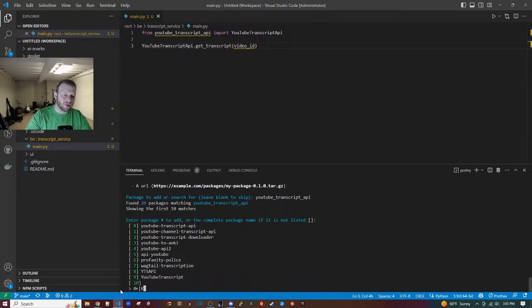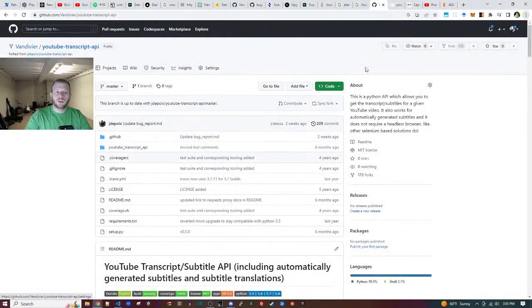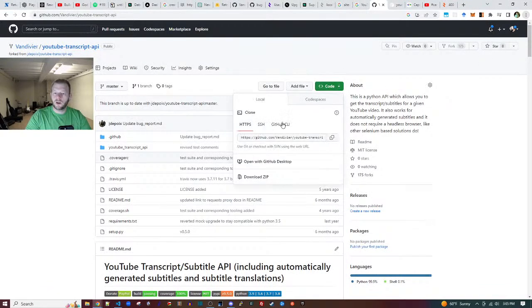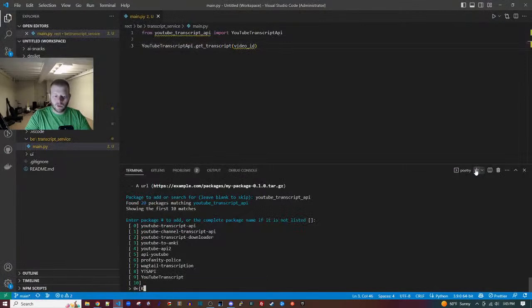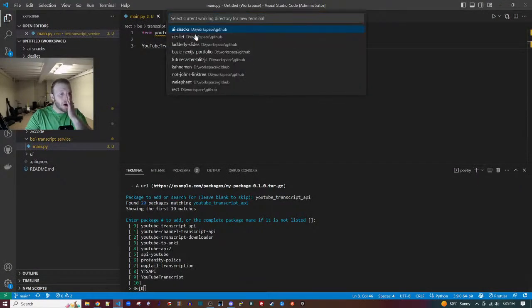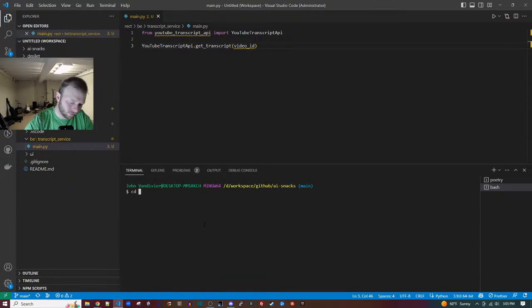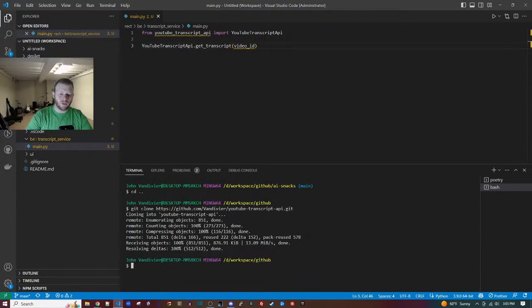Oh no, Windows, don't be Windows right now. Here's my fork. Got this code, copy. Going to do another terminal. I'm doing all this just to make a pull request on his README.